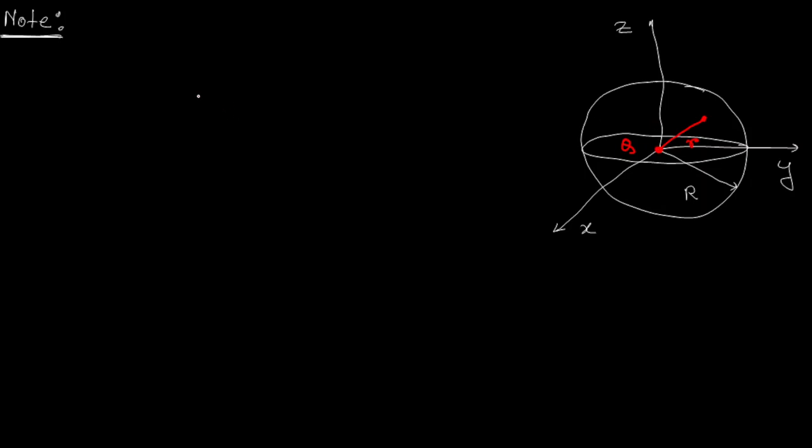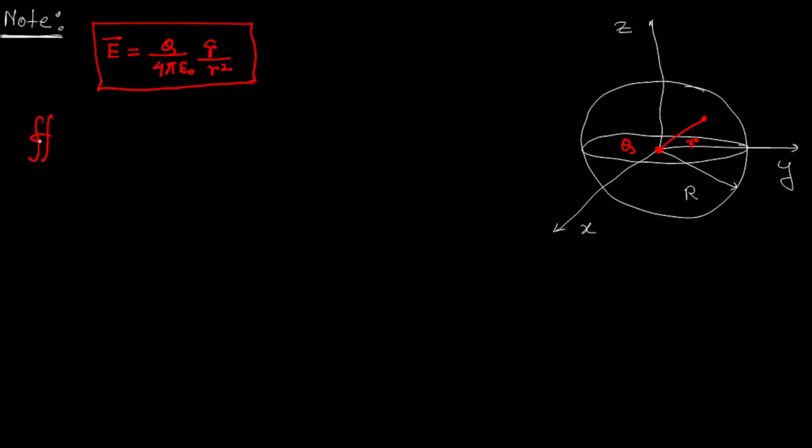sphere. So we can simply write that the electric field at position r will be E equals q divided by 4 pi epsilon naught, r cap divided by r square. This will be the electric field at a distance r from the center. So now if I ask you what will be the electric flux over this surface, or what will be the surface integral of this electric field over this spherical surface,